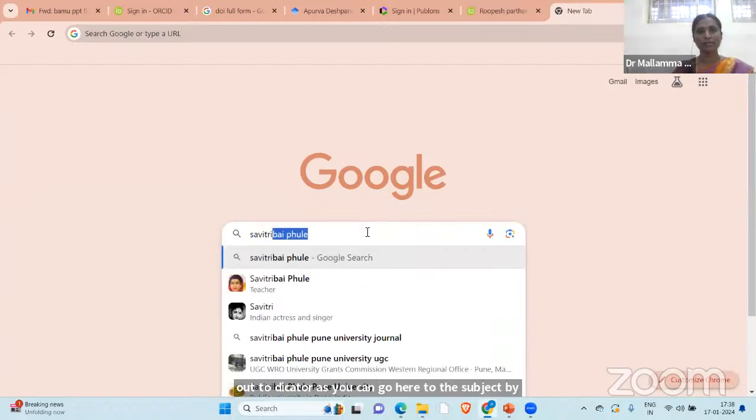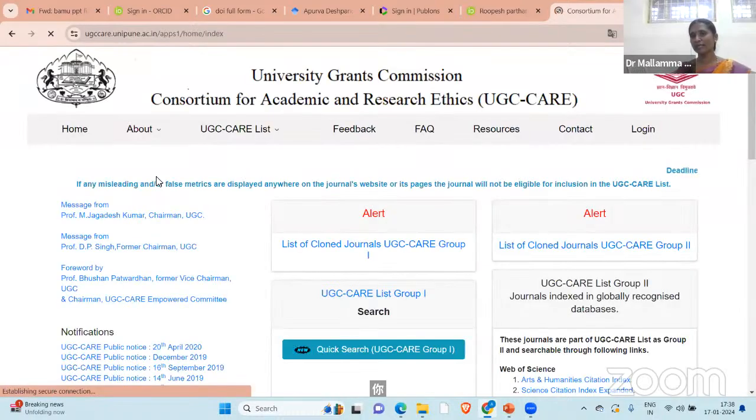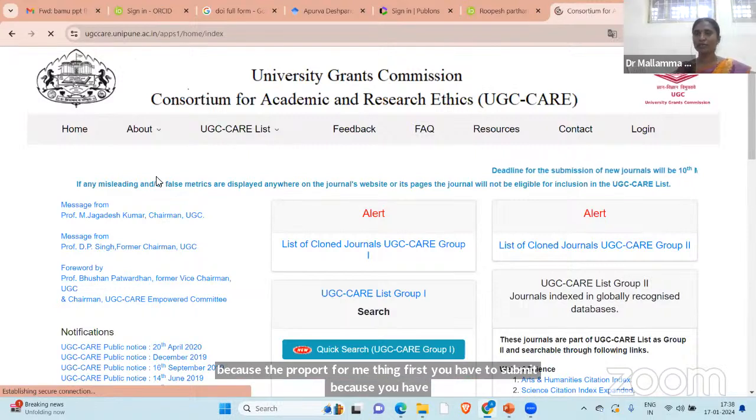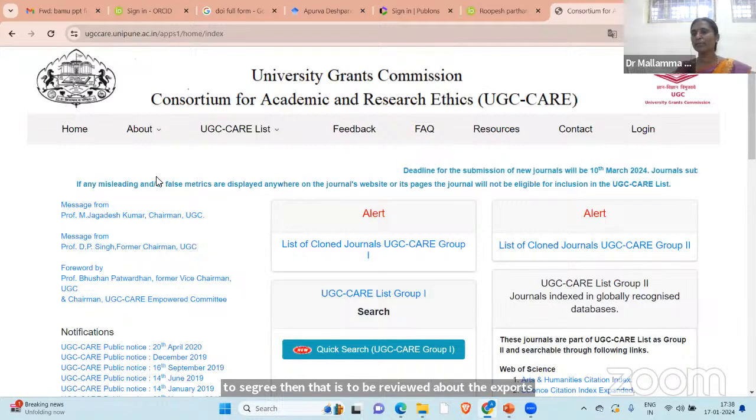Savitribai Phule University, UGC Consortium. If you communicate with them, it has a proper format. First you have to submit, then it is reviewed by the experts. You will get the proper updates. Once you update it, only then will it be published.